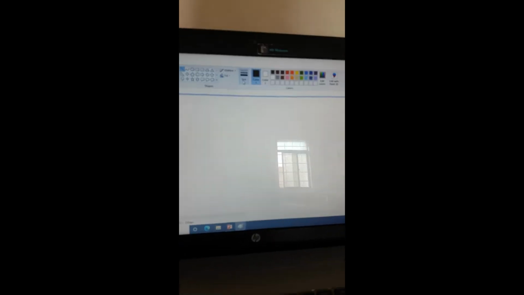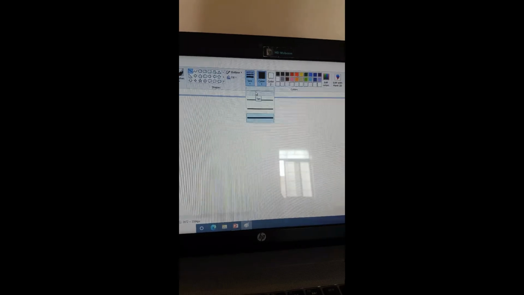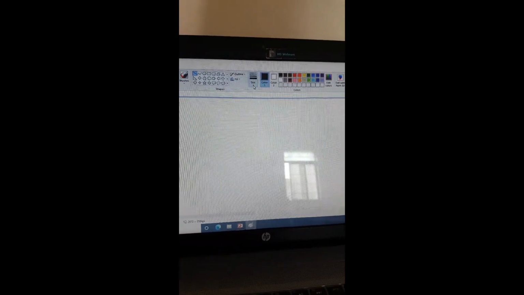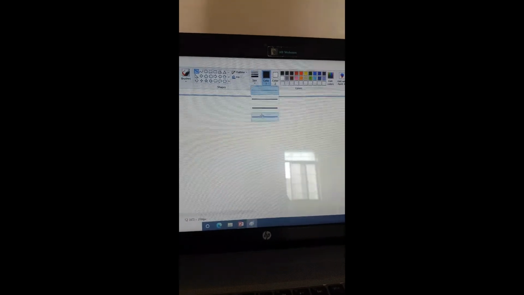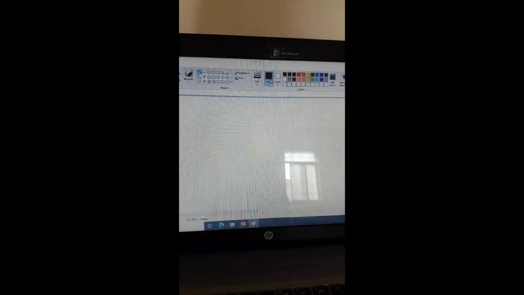Now come to the size. If you want to draw a thin line, you can choose thin line. Or if you want to draw a thick line, you can choose thick line. It depends on your drawing. After that, you can choose the color.